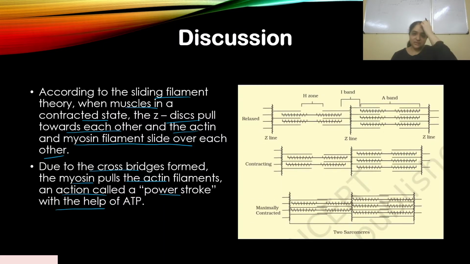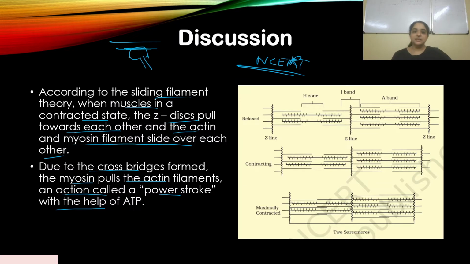So this is taken from NCERT. Please study the NCERT diagrams very carefully. So here, simple, right? I've already explained how that cross bridge is formed with the active sites of actin. And the myosin head attaches to that. So you have your actin over here and the myosin head attaches to it. It forms a cross bridge with actin.